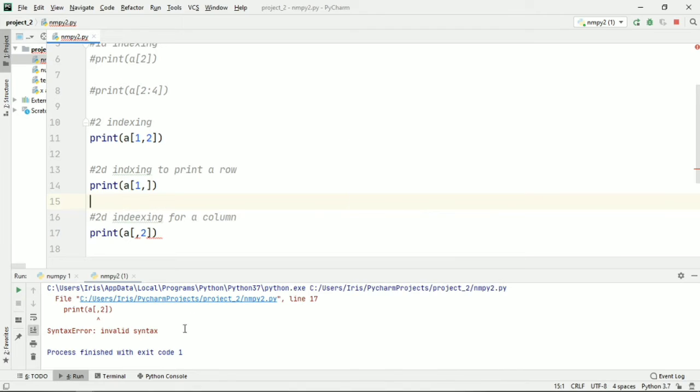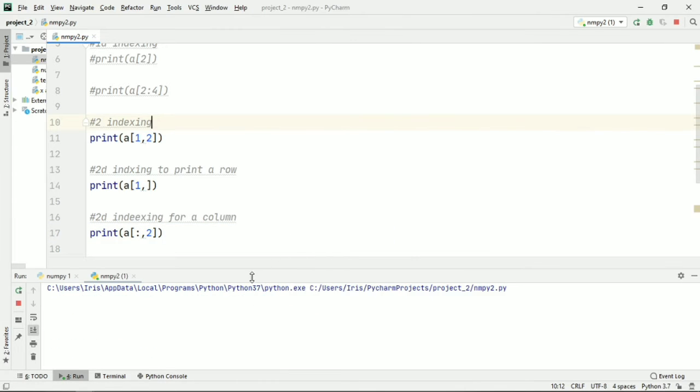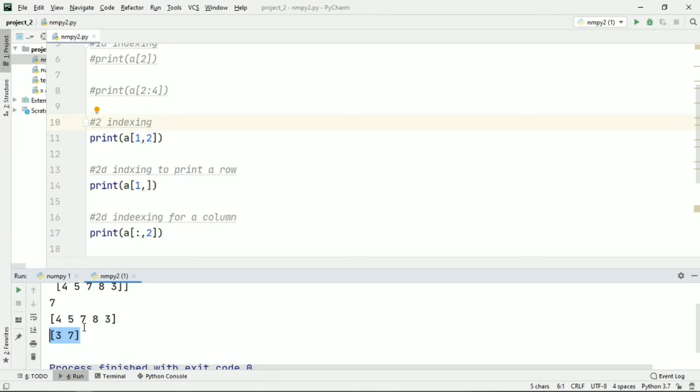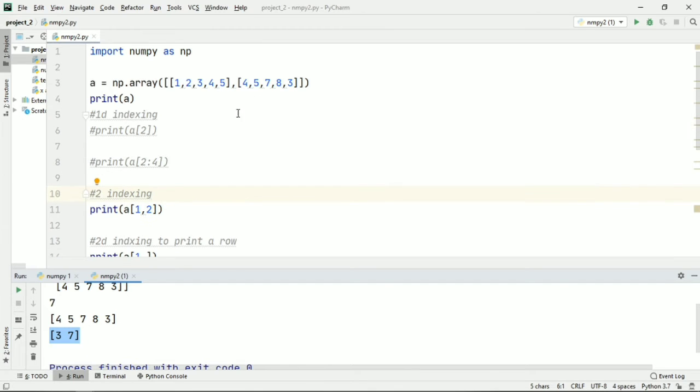Why is it showing an error? Invalid syntax. Okay, I'm sorry, I had to put a colon. Yeah, so now just ignore all these inputs, just focus on the last one. Let me just zoom into it. Yeah, 3, 7.